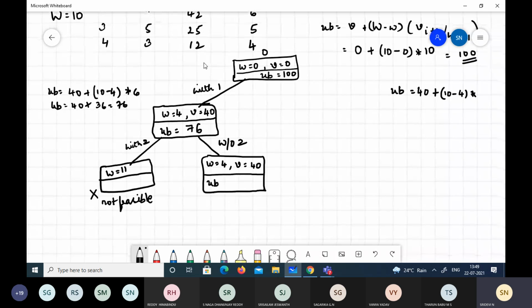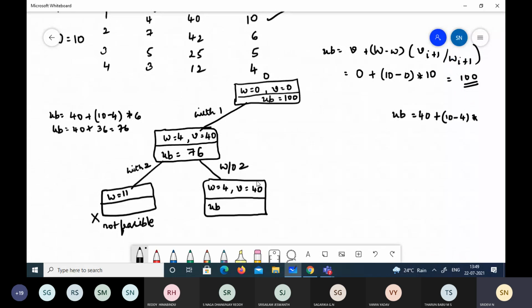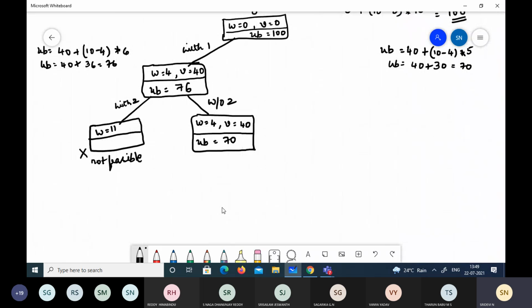I cannot select the second one now because it is without 2. So I should see the next one. So what is the best payoff I have? 5. So I will take this. So it is 40 plus 6 fives are 30. So it will be 70. Okay, you got to know how I did this. It's nothing but I am excluding 2, so I will not include this as the best payoff. The next one I'll include and check. Yes, 70. Without 2 I can have it, it's a promising node.